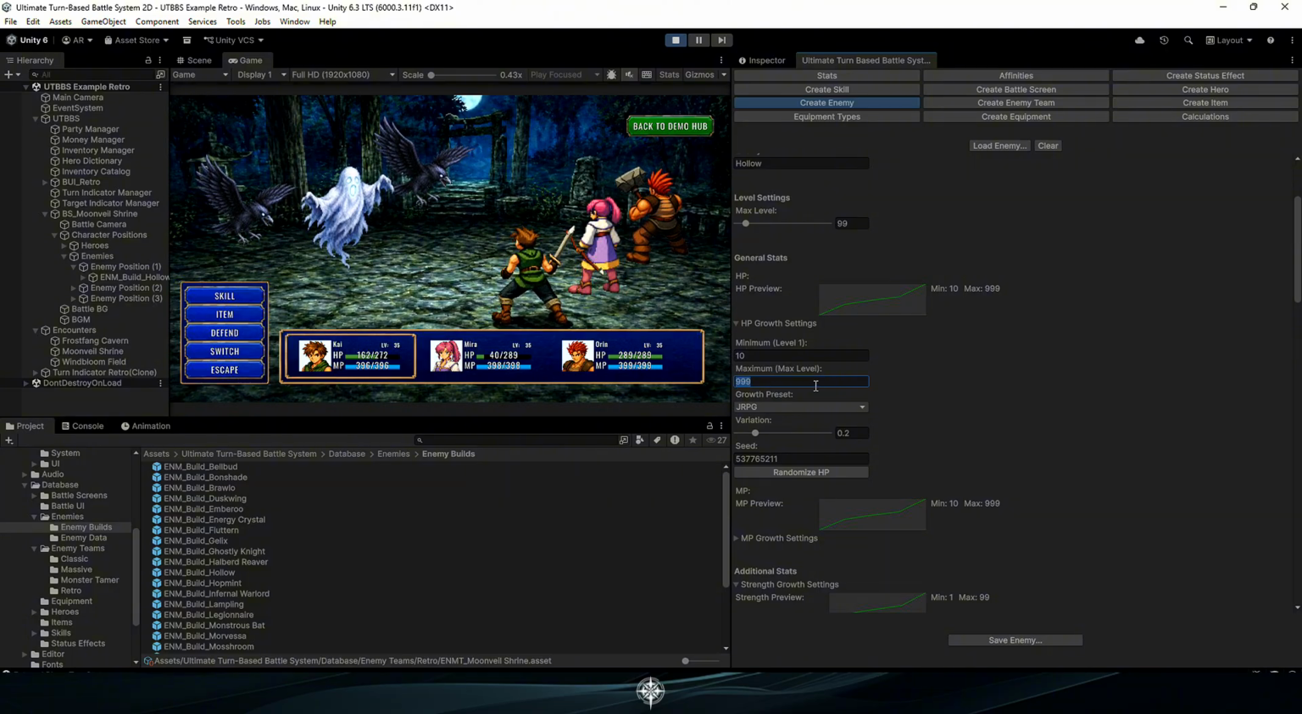For example, if HP has a minimum value of 20 and a maximum value of 500, the enemy starts with around 20 HP at level 1 and reaches 500 HP at the maximum level. The editor then generates the values between those 2 points based on the selected growth preset. Unlike heroes,